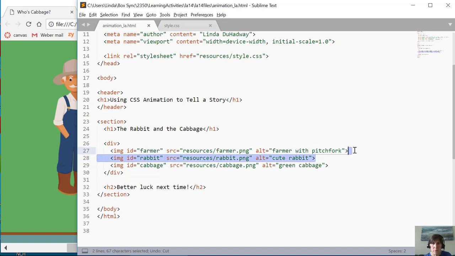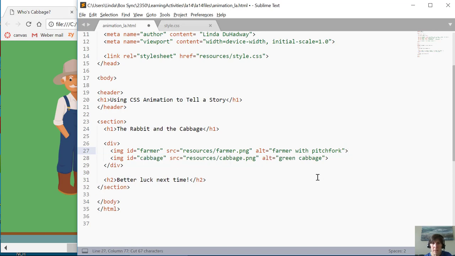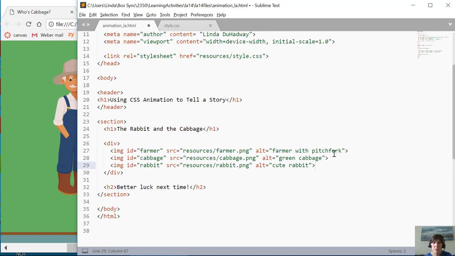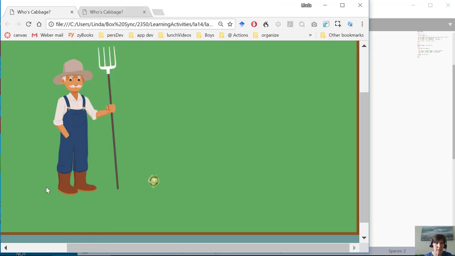I wanted to move the rabbit. So I'm going to put the rabbit after the cabbage, and then he'll be on top. So it starts with the farmer, then on top of that is cabbage, and on top of that is the rabbit. So I just did that in my HTML. And now let's